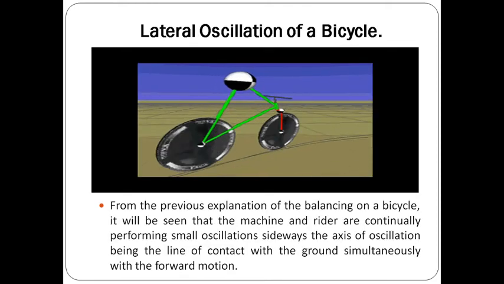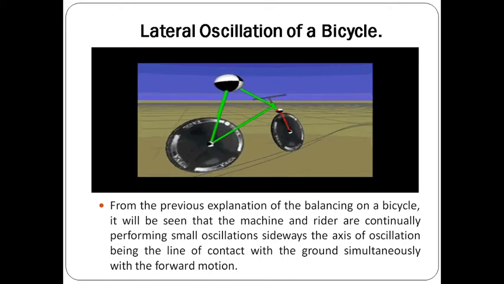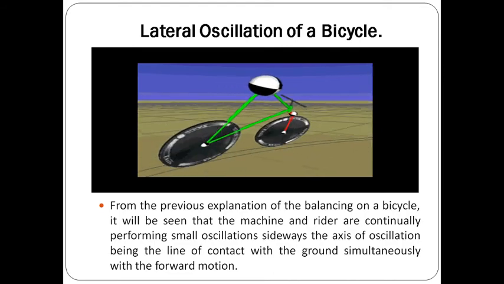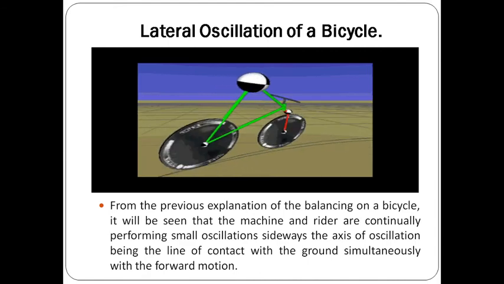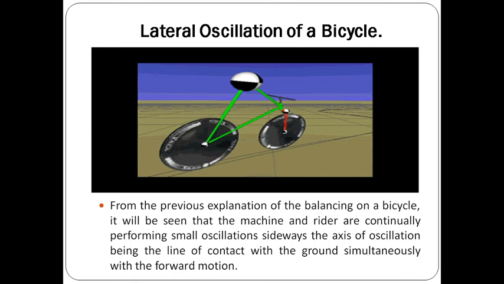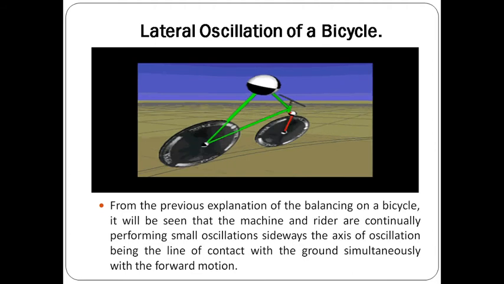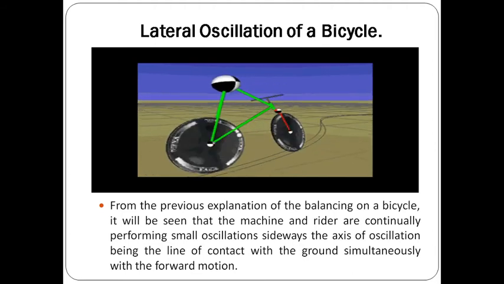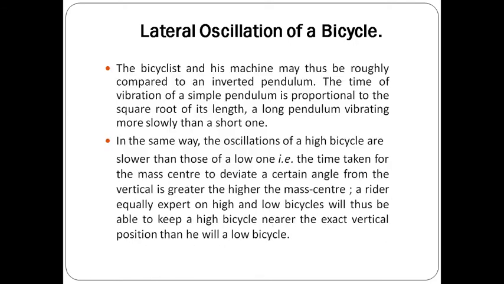Lateral oscillation of bicycles. From the previous explanations of balancing on bicycles, it will be seen that a machine and its rider are continuously performing small oscillations sideways, the axis of oscillation being the line of contact with the ground, simultaneously with the forward motion. The aim of the oscillation is to keep the bicycle upright by balancing the center of mass. The bicyclist and his machine may thus be roughly compared to an inverted pendulum,